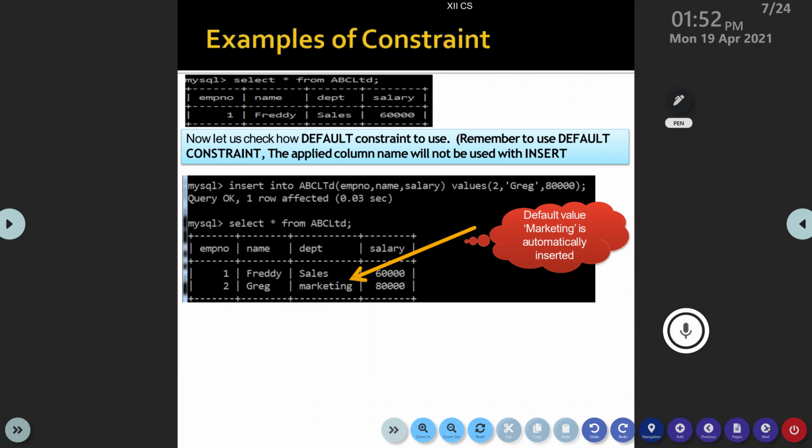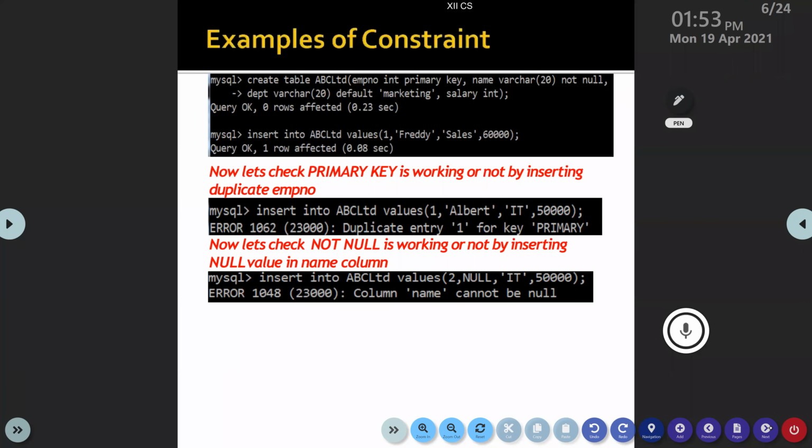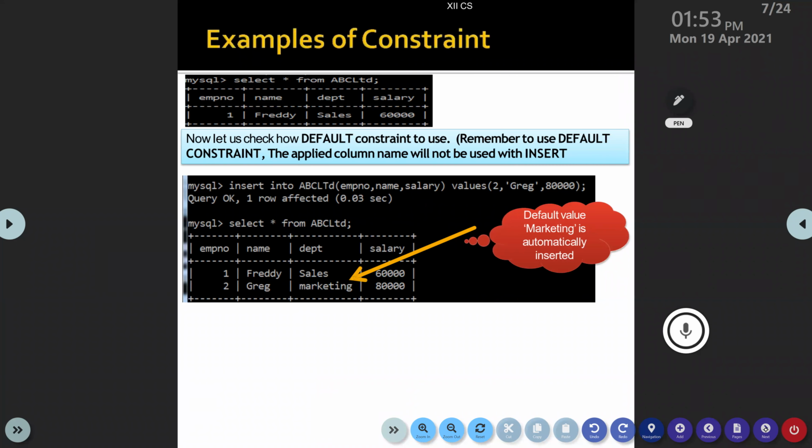Then we didn't write the department, so automatically marketing will be coming. Now, marketing will be displayed because we have given the default value as marketing at the time of table creation. We have given department, DPT, varchar, default as marketing. So if we are not specifying that particular column value, automatically marketing will be saved as a value.